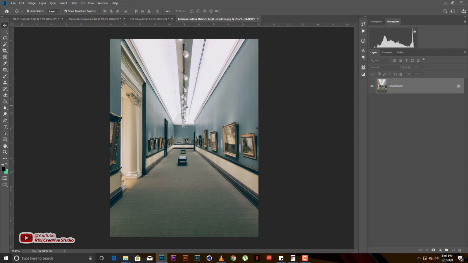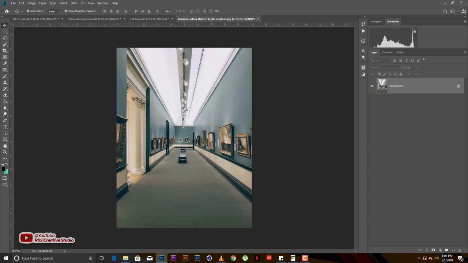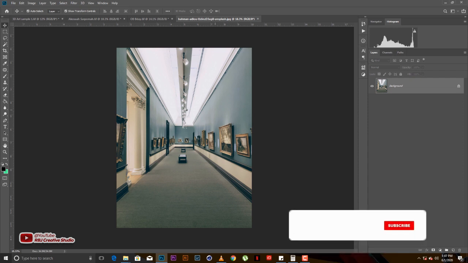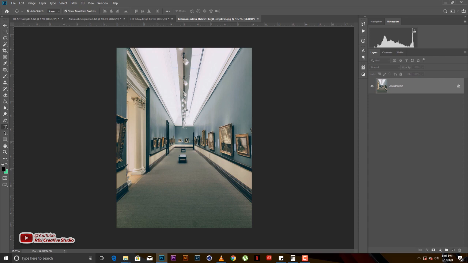So as you can see, we have a picture here of, is it an art gallery or something? Yeah. So what we are going to do is warp our text into a perspective form so that the text looks like it's been pasted to the wall. So real quick, let's head down to our text and create something real quick. So a little bit of delay. Okay, nice. So let's type